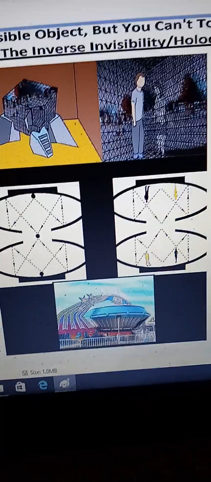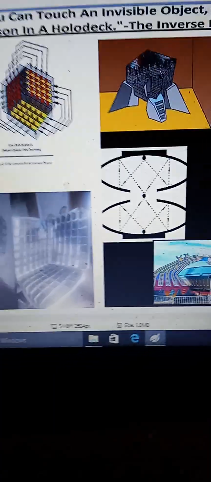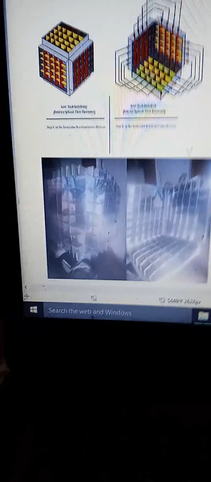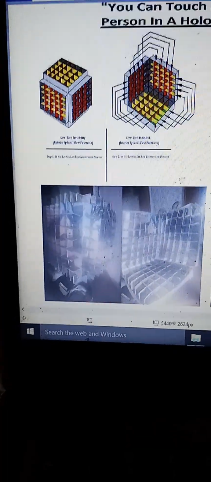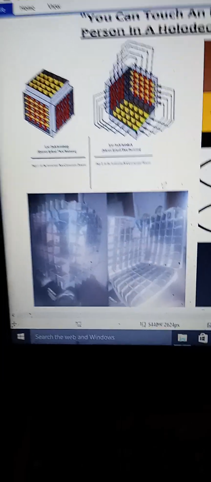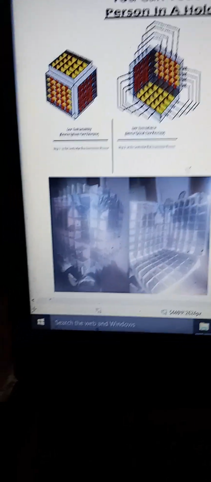Like in the photographic holodeck of my photographic portal. This shows the inverse relationship between invisibility and holodecks.